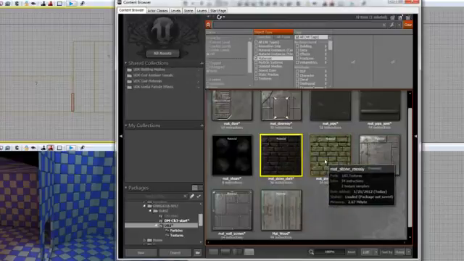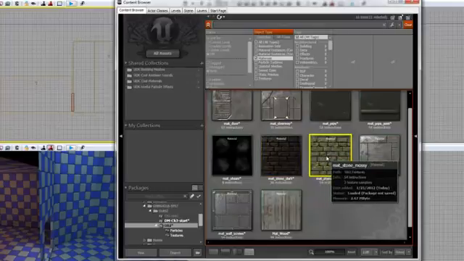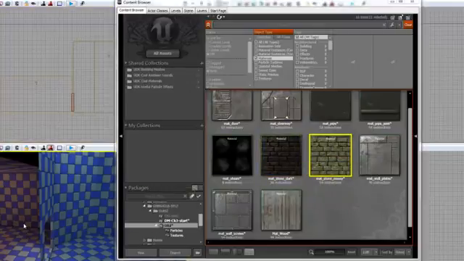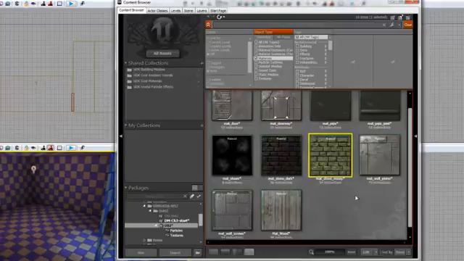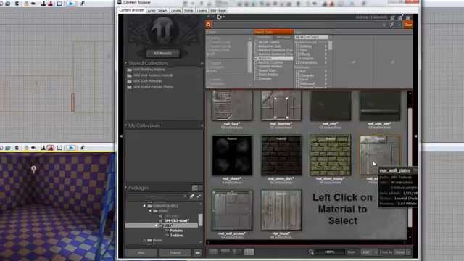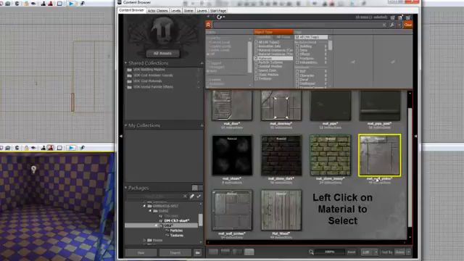We apply them to, let's apply mossy to the cylindrical room. So to apply a material to your room, you just left click on the material you want. Here, wall underscore mat underscore plates is the material that you want to apply to the walls of your